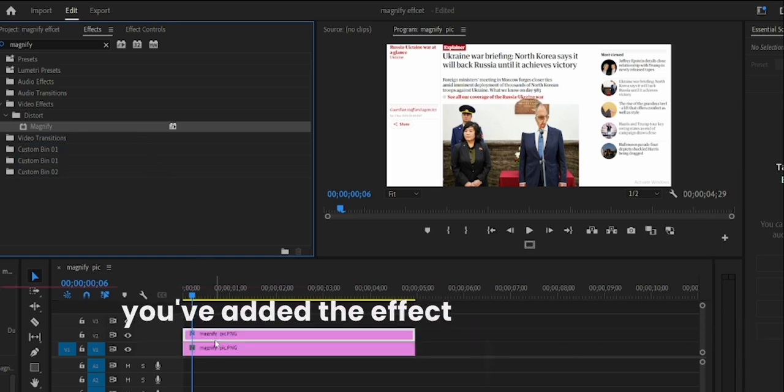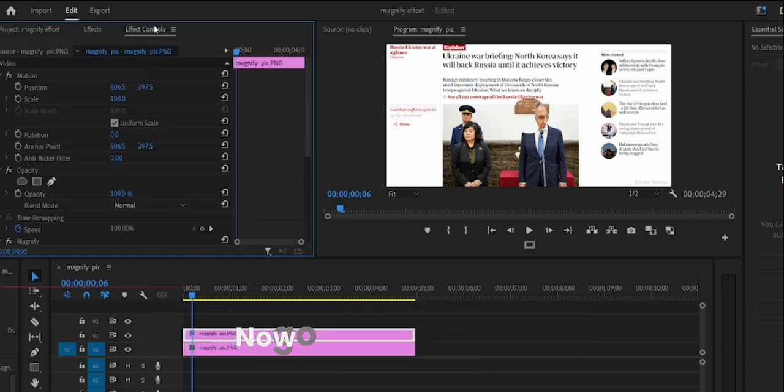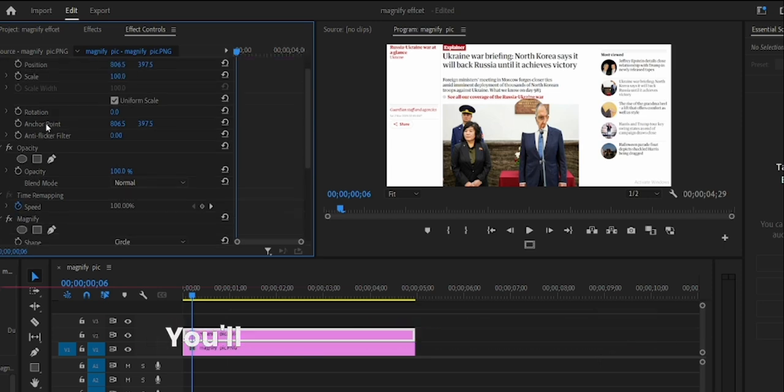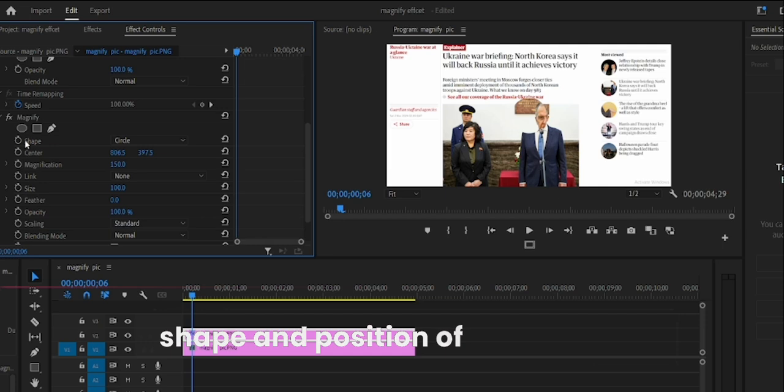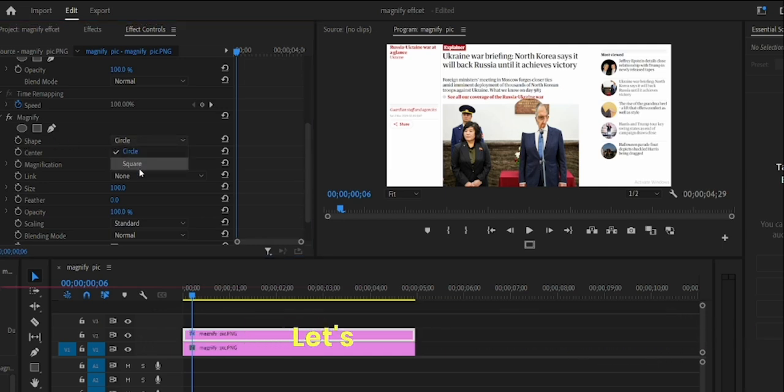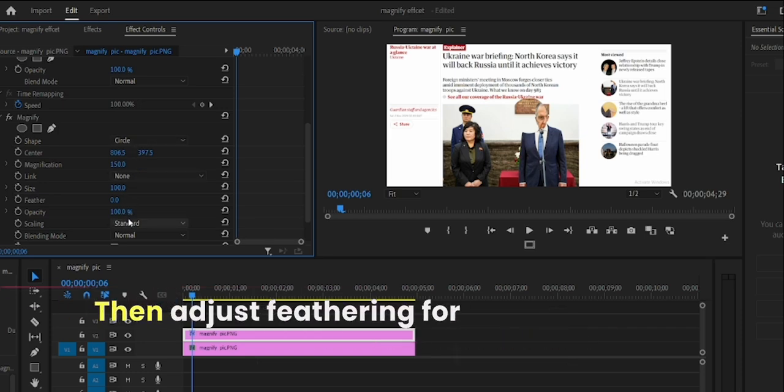Once you've added the effect to the upper layer in the timeline, go to Effect Controls. You'll see options to adjust the size, shape, and position of the magnifier. Let's make it pop. Increase the magnification setting to zoom in on that area, then adjust feathering for a smooth,